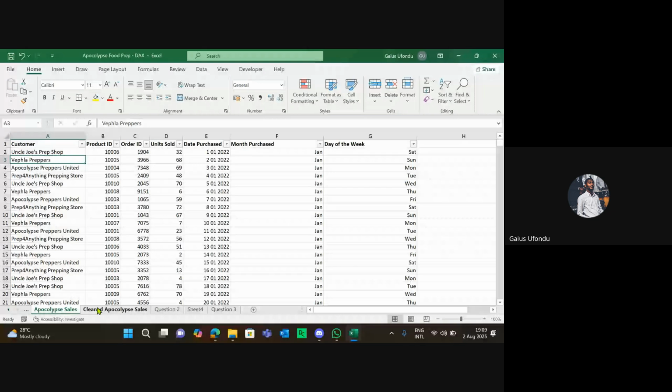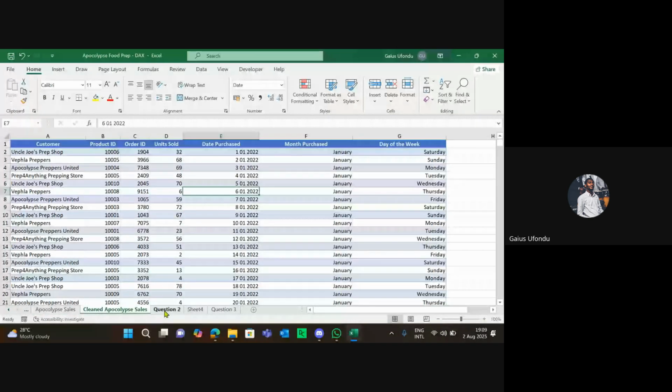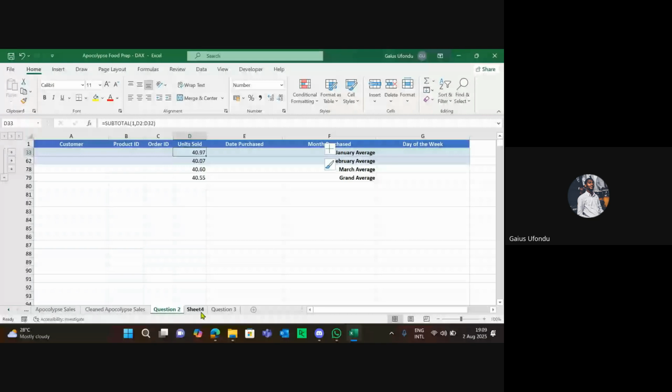Yeah, and to add to that, this is Apocalypse Sales. This is the title of the sheet. So we're looking at the units sold to get the sales. I know there's no price, but you should know that you can't use other fields. No matter what, you can't be using day of the week. So it's definitely units sold. But then again, nice observation. So as I was saying,